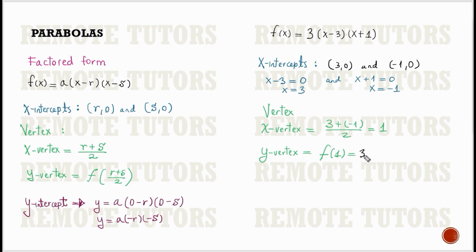So that is 3 times 1 minus 3 times 1 plus 1. And that gives 3 times negative 2, negative 6, times 2, negative 12. So the coordinates of the vertex are at (1, -12). And at last,